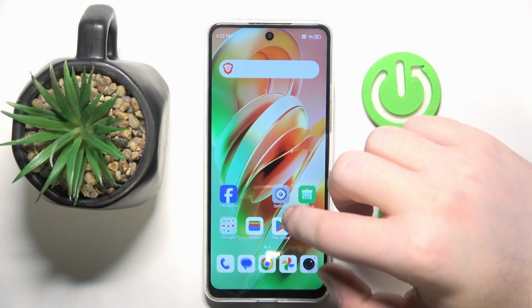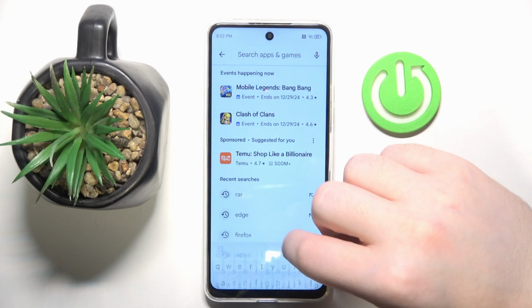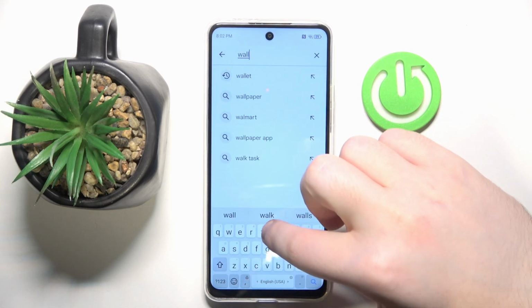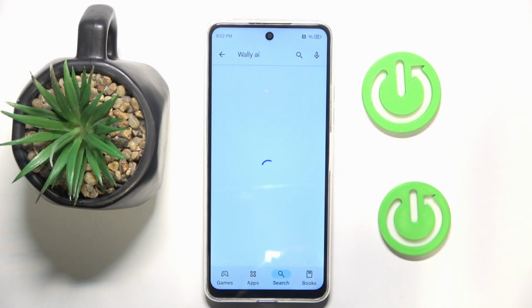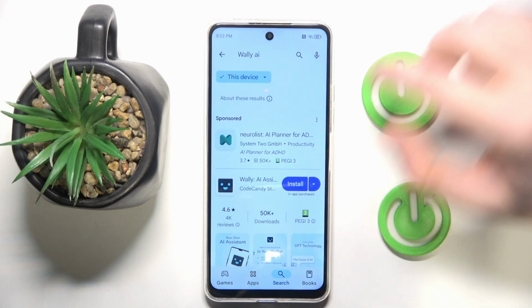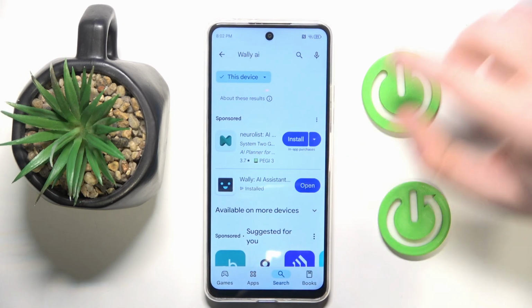So you have to start by opening your Google Play Store, then click on the search bar and type in Wally AI and click search, and now click install. Now you can click open